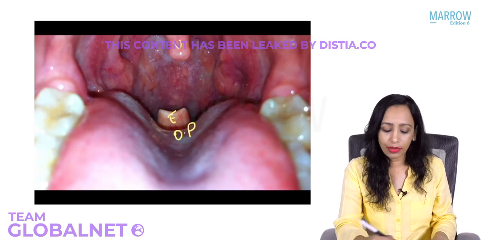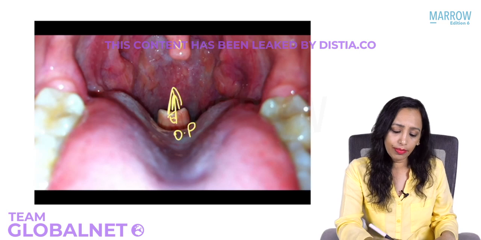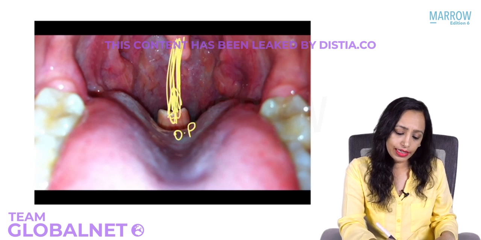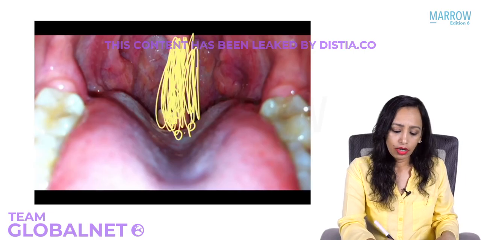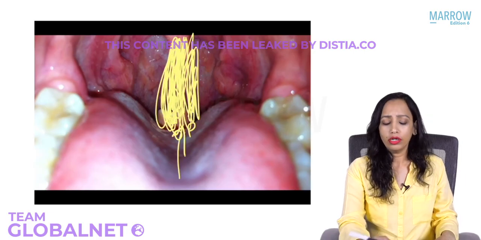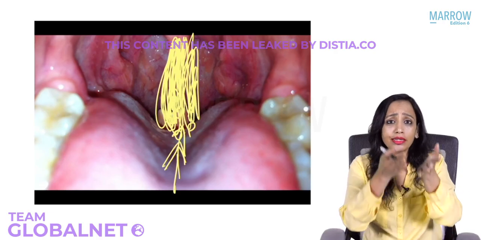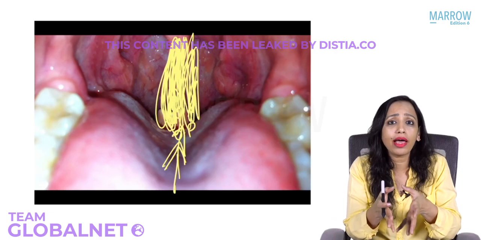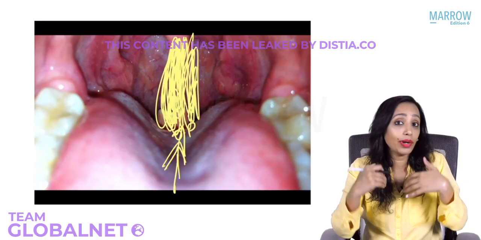Now in infants, what happens is that this is very high. When the child swallows, it becomes higher up, and this comes lower down, and they meet each other. Can you see now? The milk will not be able to go here. This is the inlet. This is the first part of the entry of the larynx. So the entry is blocked now, and the milk will not be able to enter into the larynx.